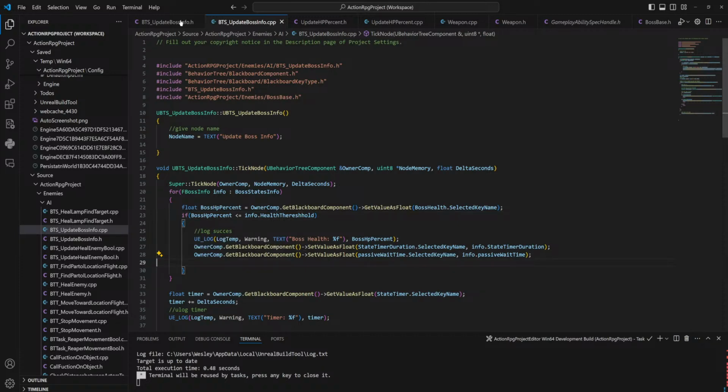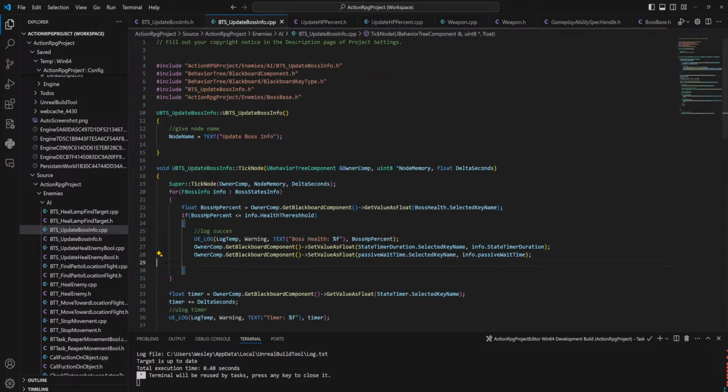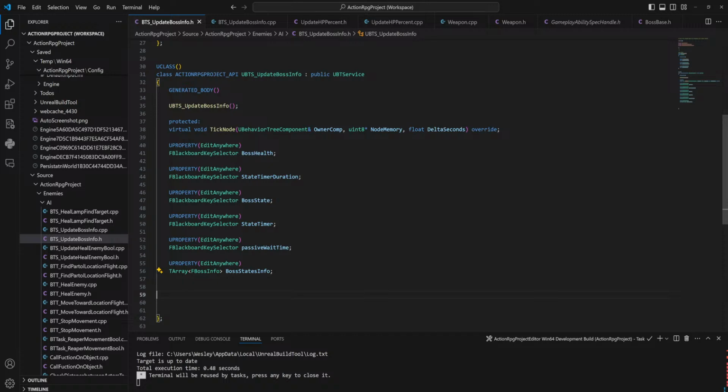So I'm just going to incorporate the update boss HP here anyway, because we have the boss health key existing here anyway. I am going to, however, make this into a couple of different functions. So update HP percent, no. HP percent, update state. You can't put a space in a function name, you idiot. And then update boss info. So yeah, let's create definitions for all these.